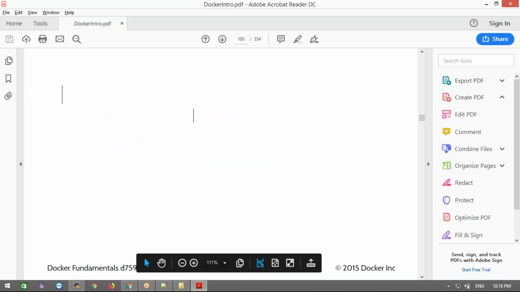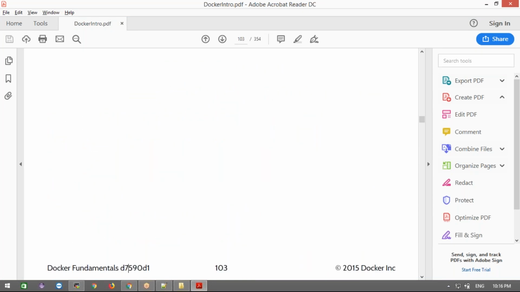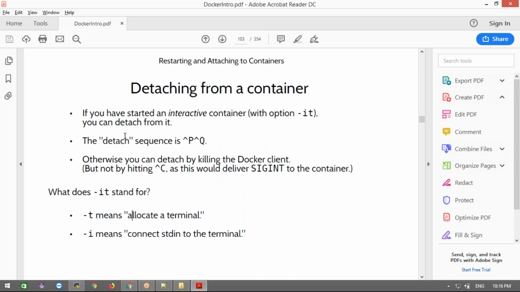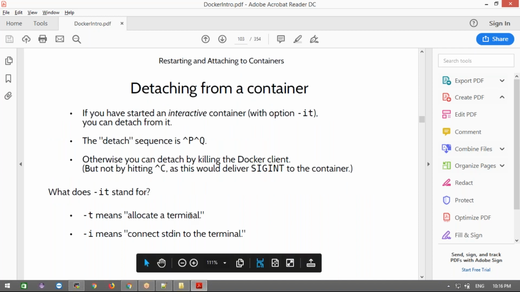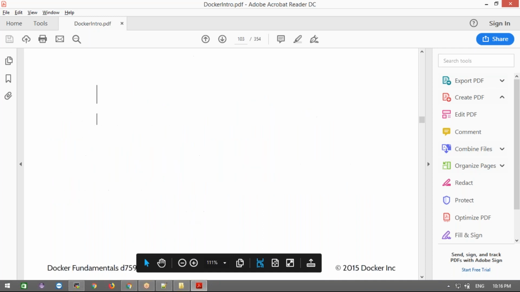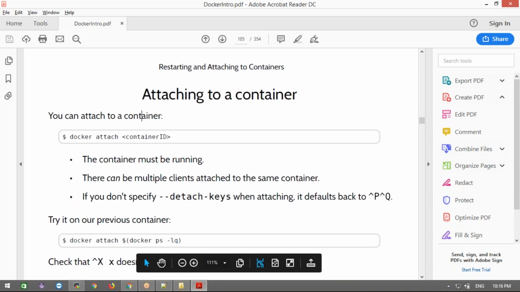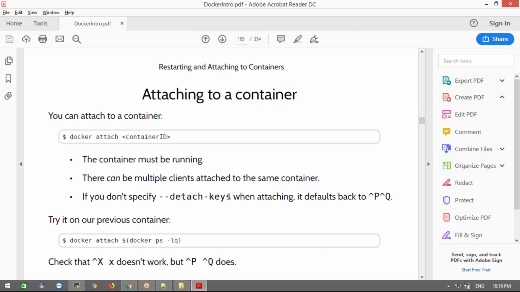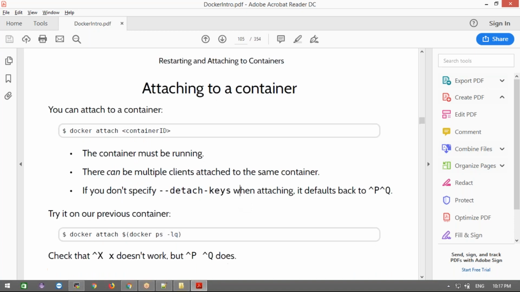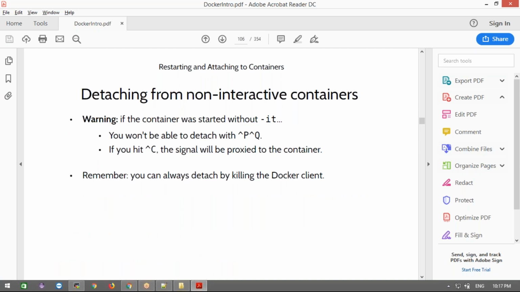Okay, now all these commands, guys, whatever we discussed. Detaching from a container means we are detached from the terminal with Ctrl+P, Ctrl+Q. That is detaching and attaching the container. If you want to attach again, you can use docker attach and the container ID, and then you can see the terminal again. It's also a very important concept. To detach, we use Ctrl+P, Ctrl+Q. To attach, we use docker attach and then the container ID. It will go back to the terminal. Detaching from the non-interactive terminal is Ctrl+P, Ctrl+Q.